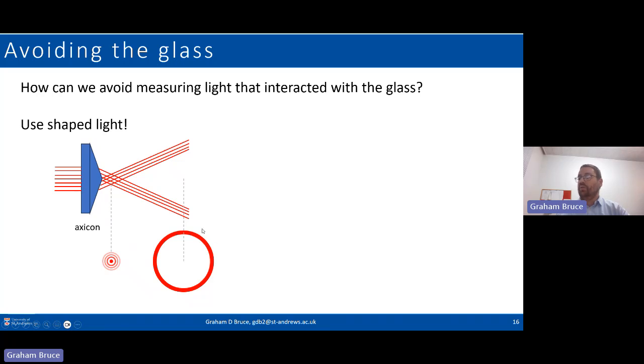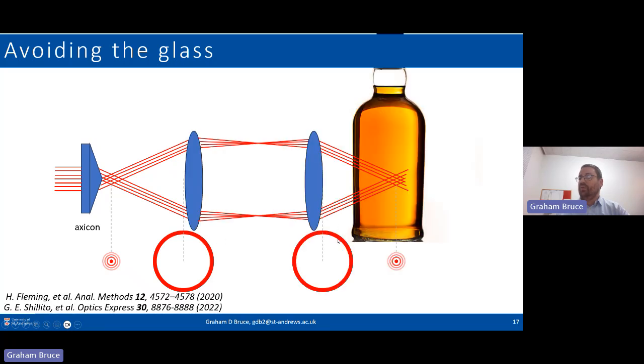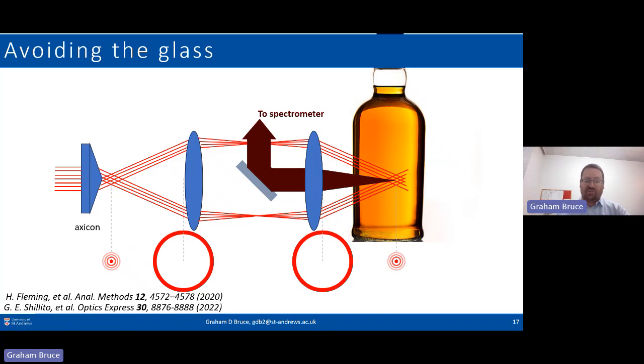And so what we do is we use optics to basically produce this ring on the surface of the bottle here. And we have this nice bullseye pattern focusing the light down inside the bottle. And what we do then is that rather than collecting the signal that interacts with the glass and with the contents inside the bottle, we only collect light that comes back through that dark hole in the middle of the ring. Therefore, our device doesn't see any light that interacted with the glass. It only sees the light that came back from inside, and we get rid of all that annoying interfering glass